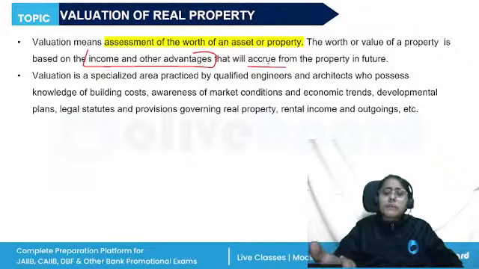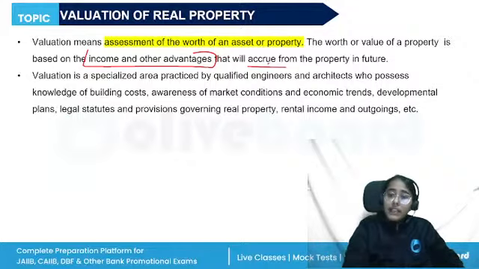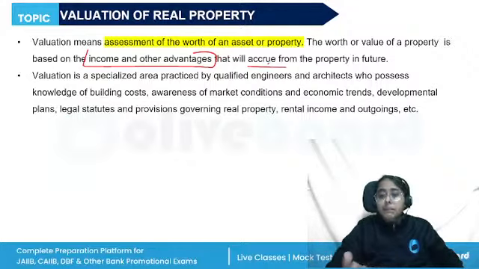Cost means the actual amount which is spent in producing the asset. Price is the cost of production plus the profit of the producer, so it is going to depend on the demand as well as the supply. Thus, cost is not the same as value and price is not necessarily equal to value. So we need to do the valuation. Thus, valuation is a